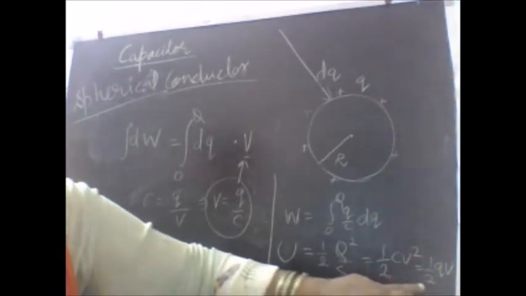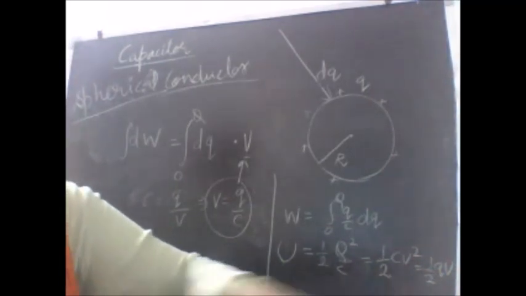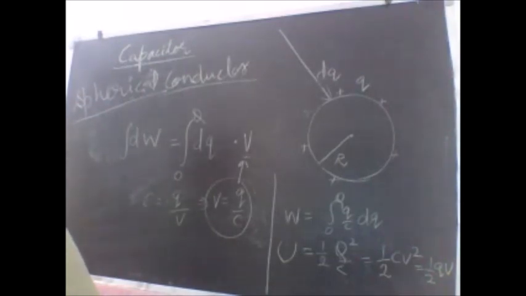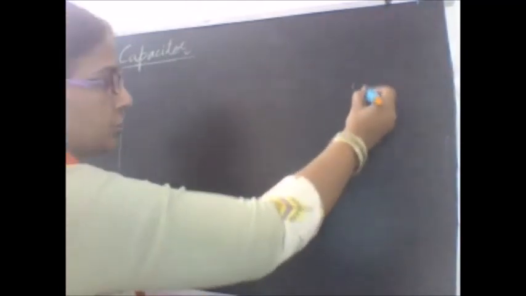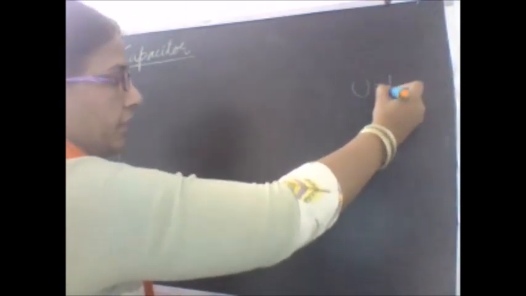This formula is a utility formula. We are going to see this formula later on when we study the parallel plate capacitor also. So let us now start with the parallel plate capacitor, and to move to it, let us take the example of a single plate, which is a conducting plate. If I take a single plate here and start giving charge to it, the charge will distribute itself uniformly over the surface. I need to do some work, and the work done will be stored in the form of potential energy, and the formula we have just derived is half Q into V.